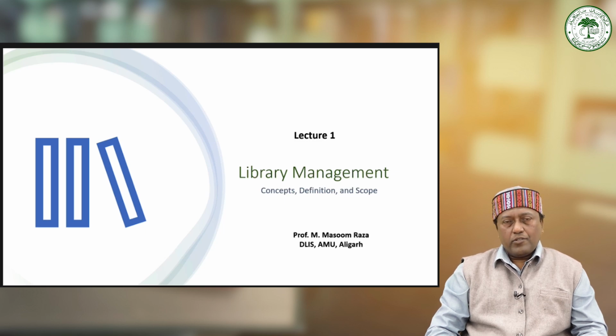So just to have better utilization of resources, better utilization of information, better utilization of knowledge, in general public, or maybe in academic library, or academic setup, or in public setup, or maybe in any other setup, what is important is a library should adopt all the practices of management. And once we adopt the practices of management, probably the library will be in a condition to give better output, optimum output. So with this intention, we study the scope of management and even the application of management in our libraries.